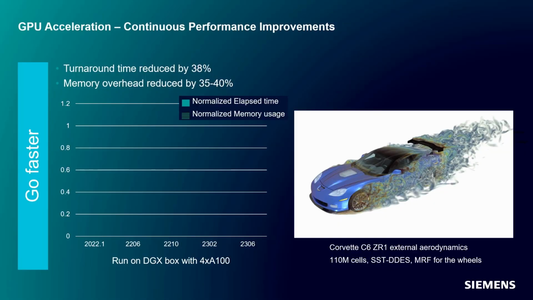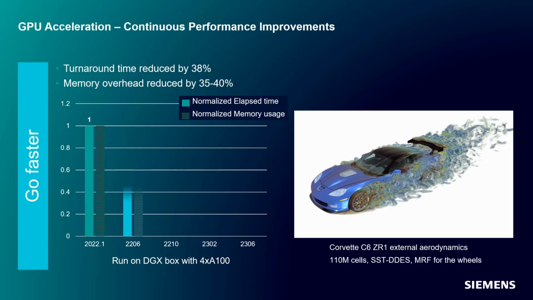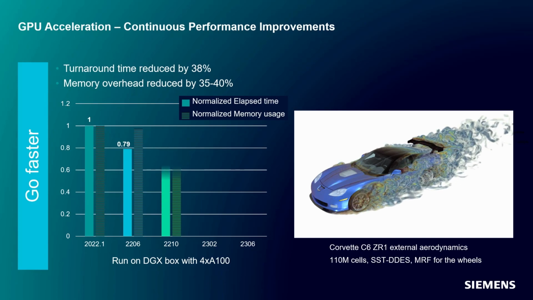So to continue on these GPU improvements, we have seen now new models added to our portfolio, but we are also constantly working on improving our performances on GPU. If we compare, for example, the performances both in terms of computing time, but also memory usage from our first release, which was out last year, 2022, with our latest release, SimCenter StarCCM Plus 2036, we can here appreciate a constant reduction of these two aspects.